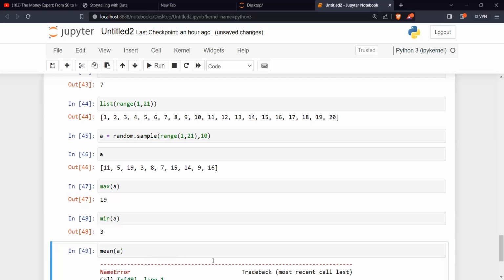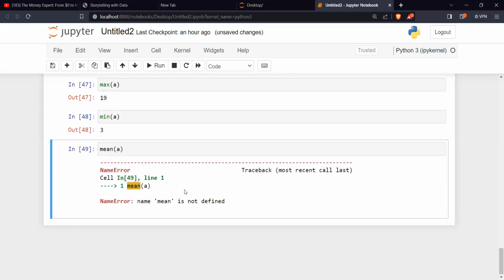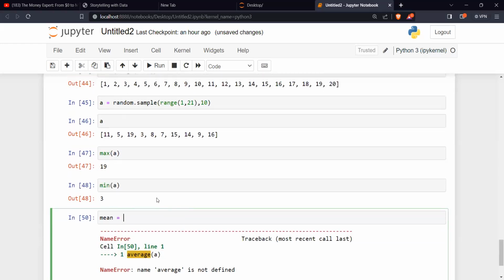Can I say mean of A? Is there anything like mean of A? There's not. There's nothing like average of A. So how do I now calculate it? If I want to calculate the mean, mean is equals to what?